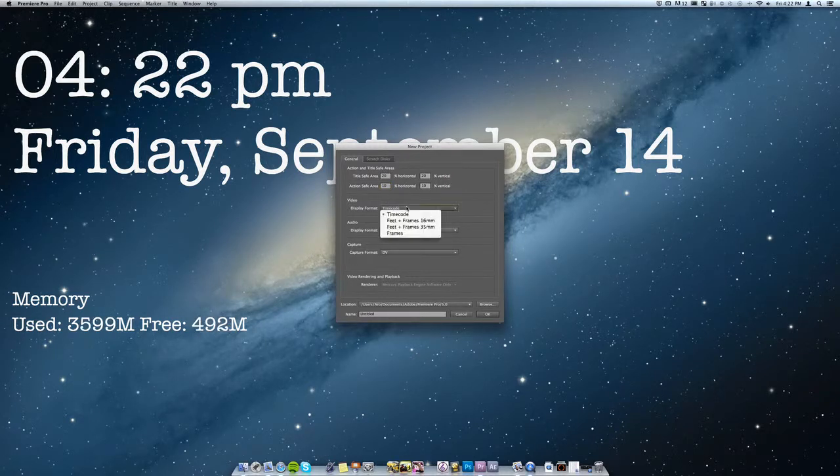Then if we come into video, you can have a time code or the frames in the little time shower. And then you have audio things, and you also have the capture format, whether you want HD video or digital video. But that's all stuff that most of the time you don't have to worry about, and if you do, it would probably only be to change this capture setting. And so then you can choose a location for your document and give it a name. I'm going to call it Introduction Tutorial, if I can learn to spell.